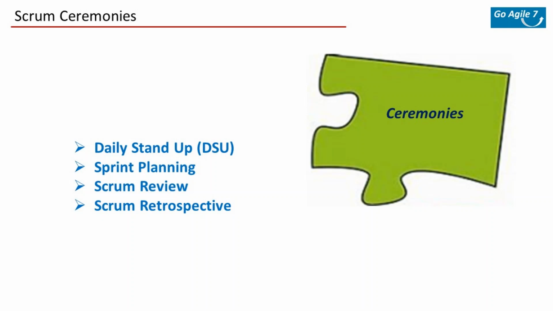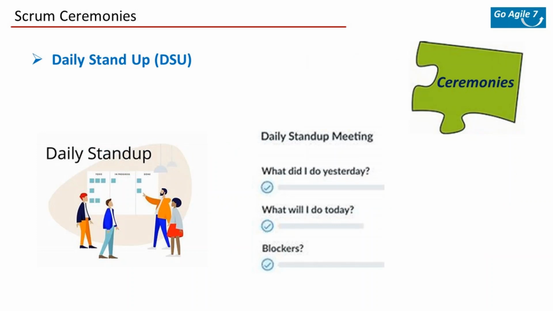Now, what are these 4 Scrum ceremonies? 1. Daily stand-up, or we also call it DSU. Daily, when you start the day, you begin with just a short 15-minute meeting. What do you do here? Each member shares what they have done so far, which is probably yesterday. And since you are meeting daily, they convey what they have done yesterday, then convey what they are planning to do today, and then discuss if they are stuck with any bottlenecks, which we call impediments.